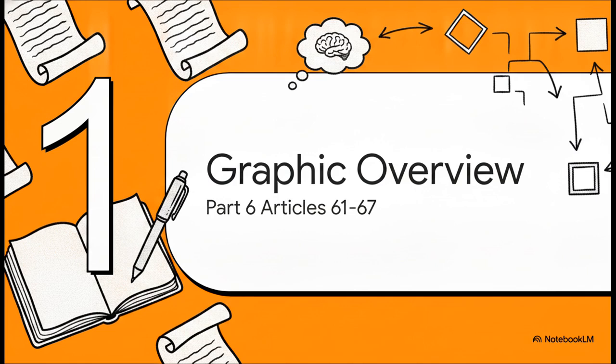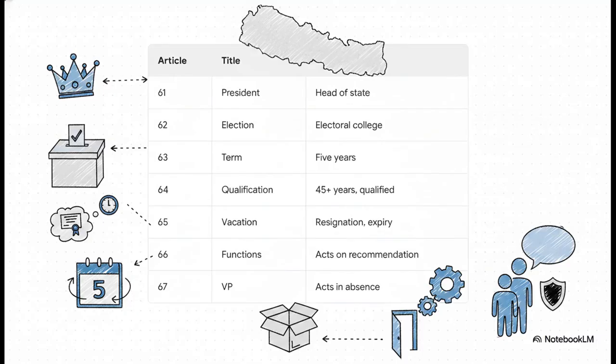Right, Section 1, Graphic Overview. Grab a pen, because locking down these exact article numbers in your head is literally step 1 for scoring top marks. We're diving into Articles 61 through 67 first. And what's really cool here is the logical flow of the law. The Constitution establishes the President in Article 61 as the head of state, whose absolute main duty is to protect the Constitution. Then it flows right into how they're elected in 62, their 5-year term in 63, the exact qualifications in 64, how the office becomes vacant in 65, and their core functions in 66. Finally, Article 67 brings in the Vice President. Having this specific sequence memorized is a total game changer for the exam.